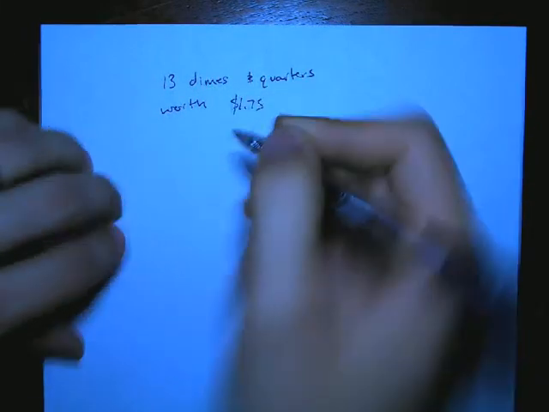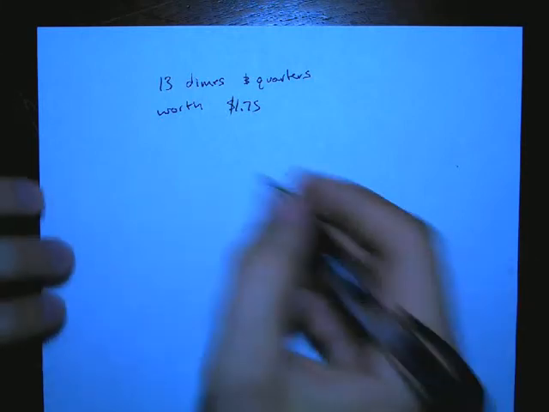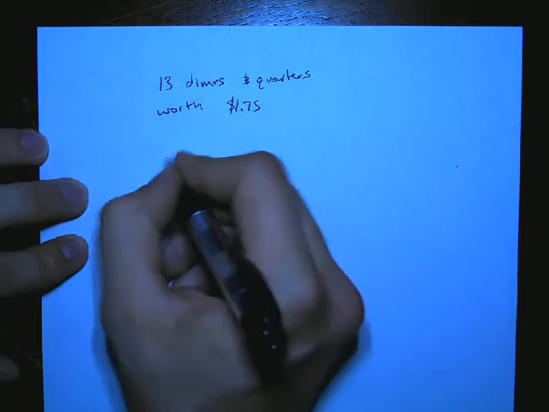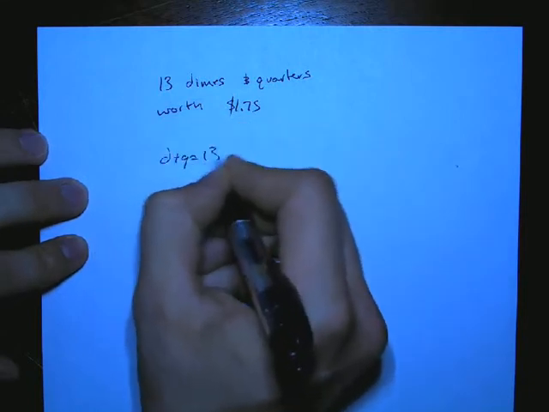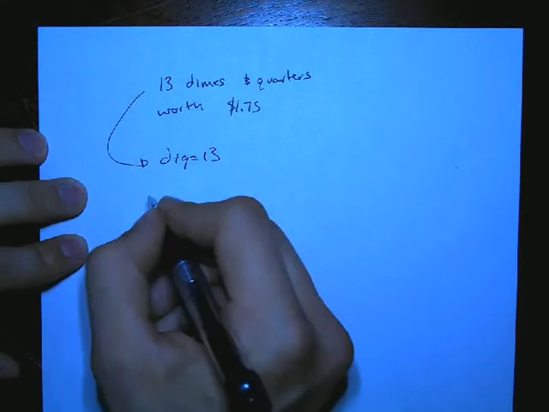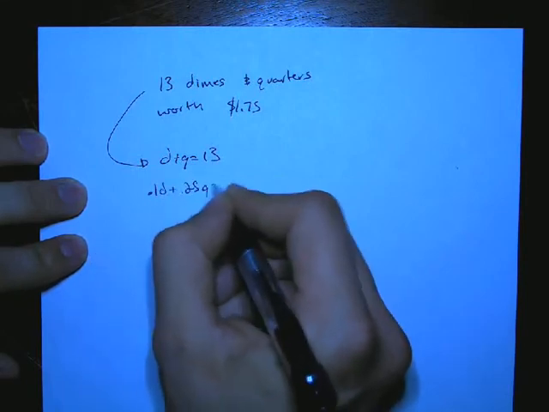Now of course there will be more words here. There'll be a name thrown in there like Sammy has this many dimes, this many quarters. They're worth $1.75. You have some options. The first and most prevalent option is to write your equations out. So D plus Q is equal to 13. We have 13 dimes and quarters. And they're worth $1.75. So 10 cents times the number of dimes plus 25 cents times the number of quarters